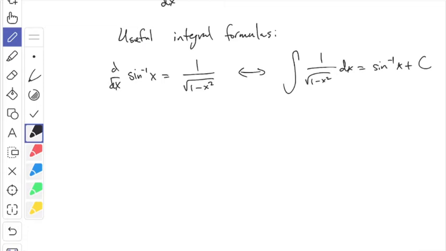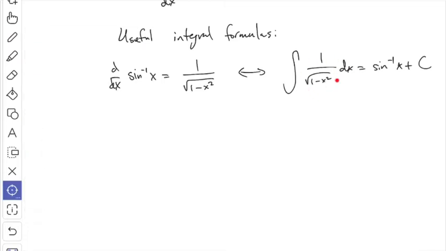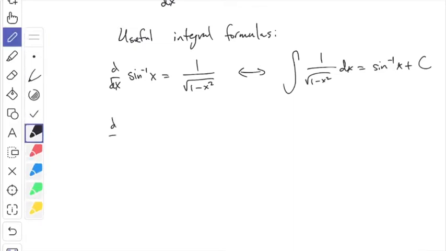This integral here is not one that you can do by any other method. If you just saw that integral, you can't do a u substitution to figure out what it is. It turns out, this is what it is. It's the inverse sine of x. And the inverse cosine gives you basically the same integral formula, so we usually don't even talk about that, but